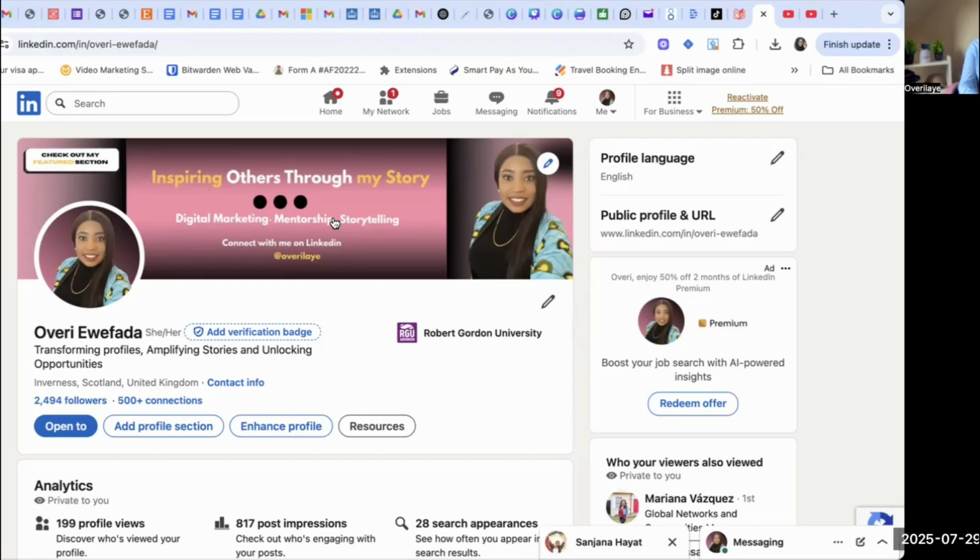Sometimes when I get a LinkedIn connection request from someone who doesn't have a banner, when I attempt to accept the request, LinkedIn flags it to say, be careful of the connections you add because this person might not be genuine. So it tells the algorithm that you're not genuine if you don't have a banner. So it's always ideal, best practice for you to have a LinkedIn banner so people can connect with you and